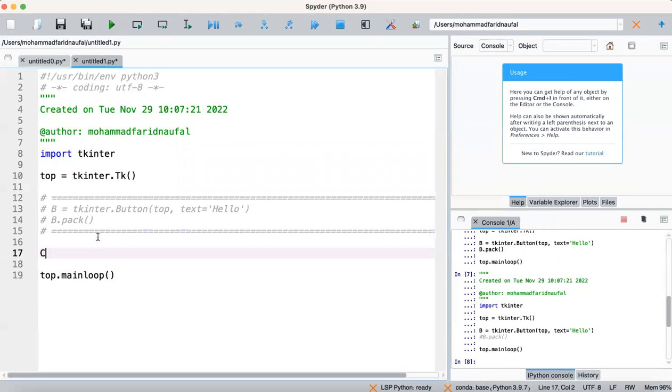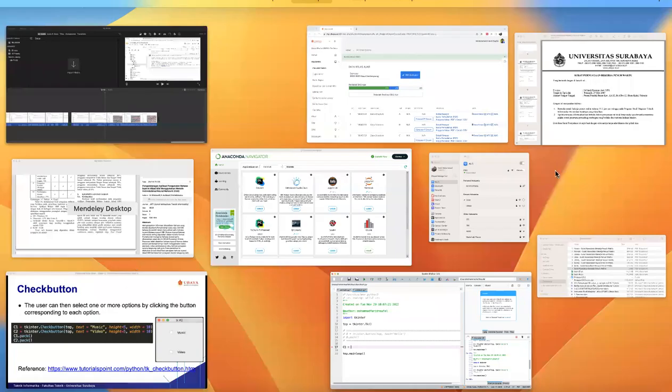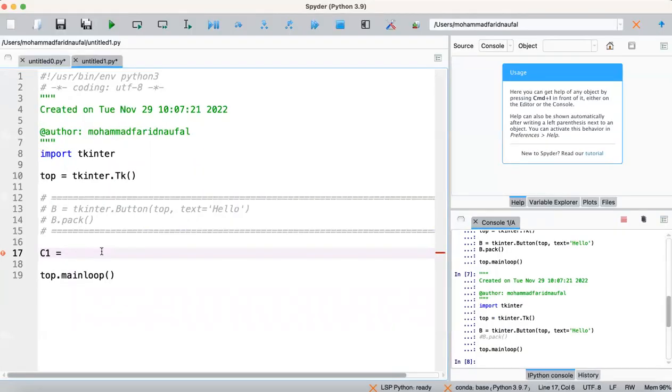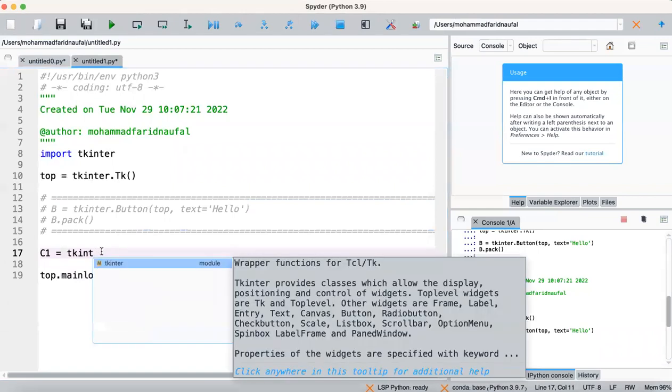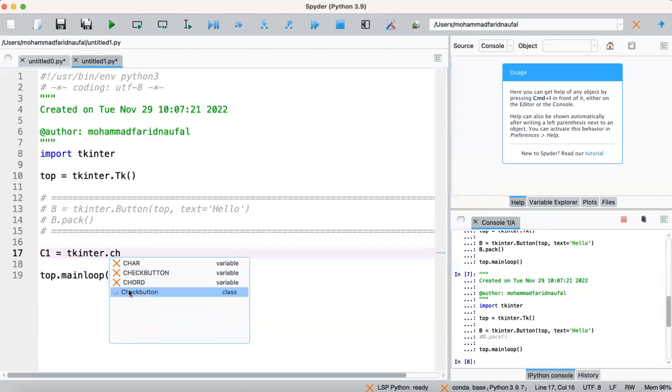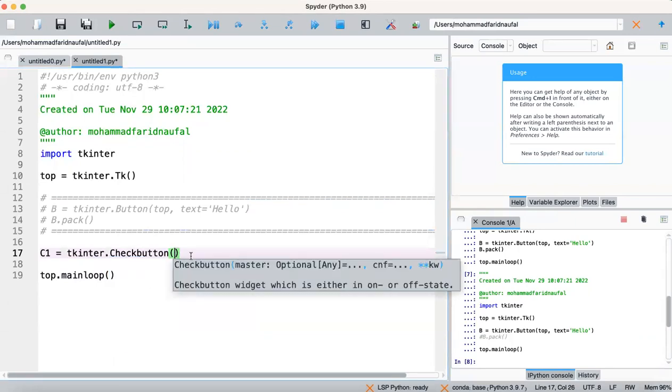I will create check buttons C1 and C2, because we have two check buttons, music and video. C1 equals tkinter.Checkbutton.